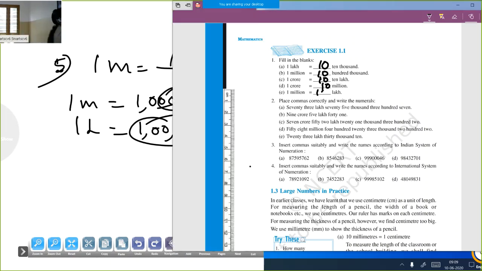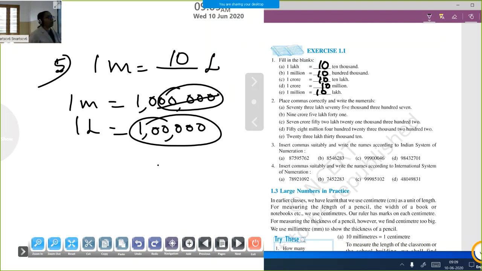That means 10 lakhs equal to 1 million. See, here in the fill in the blanks, all came 10, 10, 10. Don't learn that by heart. Try to understand the method. Teacher will not give a question like this in the exam. Try to understand the method, how teacher did it. Teacher got the answer like that. Don't copy down 10, 10, 10 like that. But here it came 10, 10, 10, but in the exam it won't come like this. Okay? Remember that.